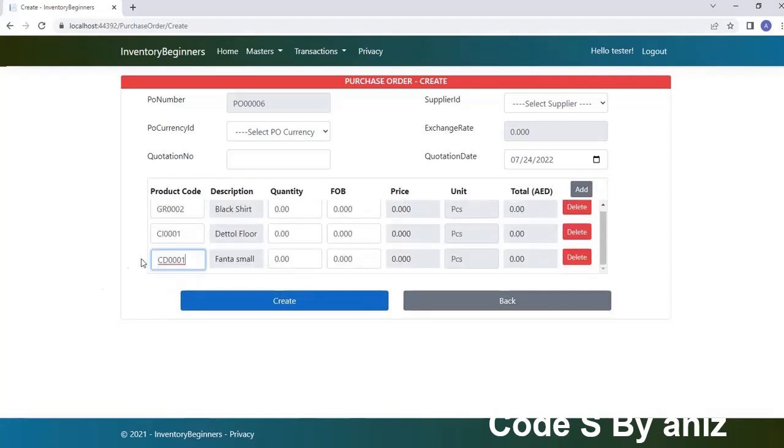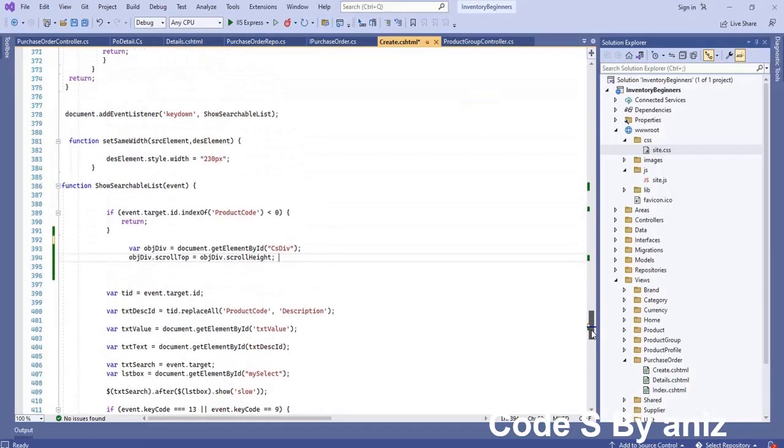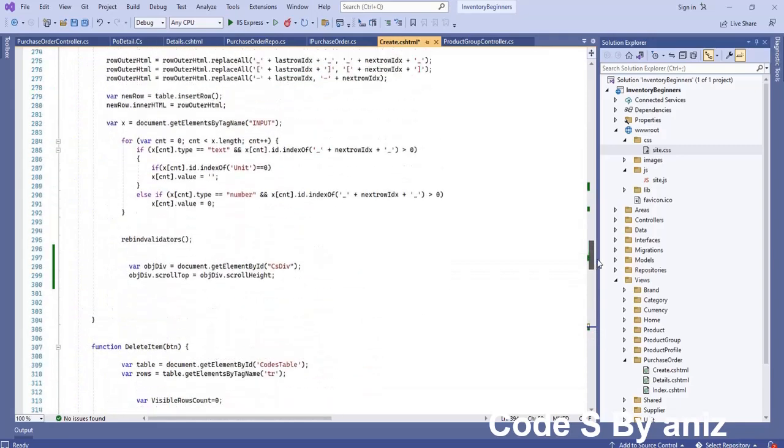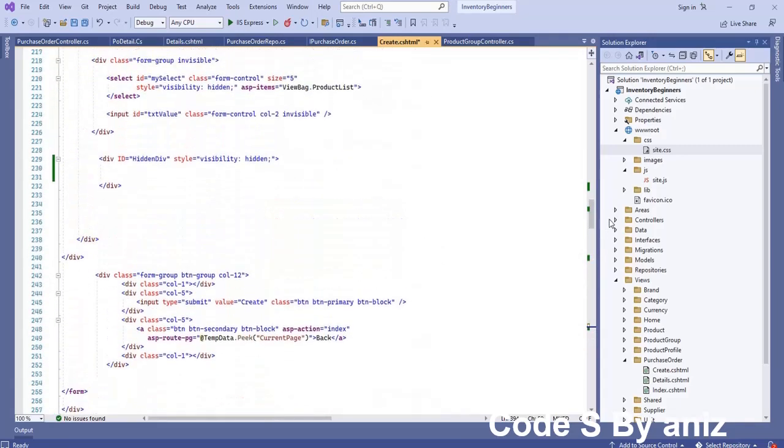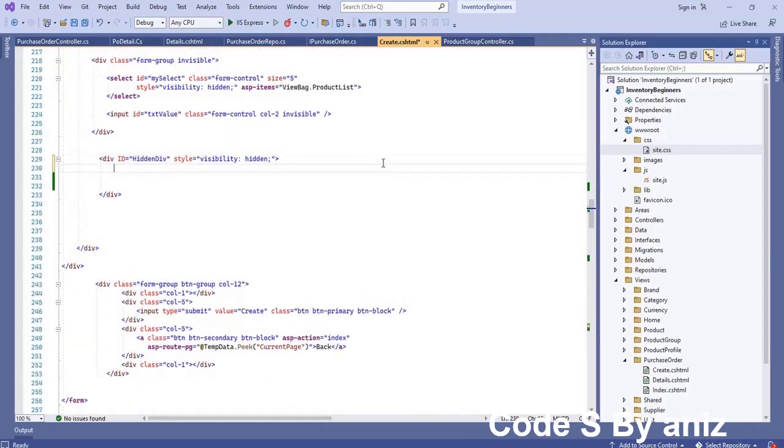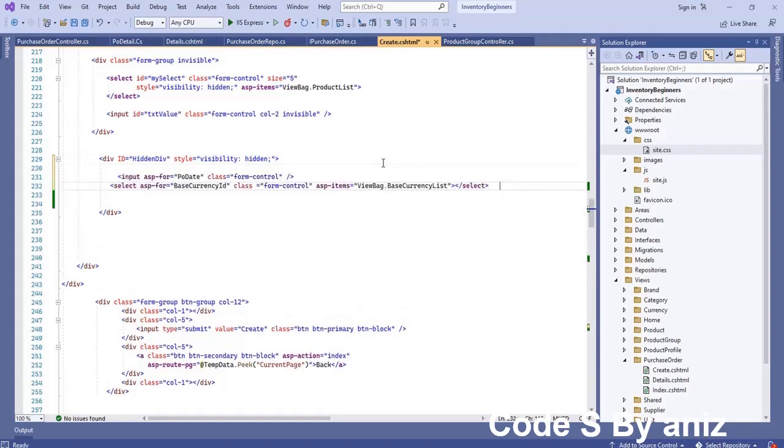But still our job is not completed. After that, move the input control of the PO date field and base currency ID select box to the hidden div so that it will be invisible to the users, but we need the values for PO date and base currency ID, so we hide those from the user but still can save and retrieve those values from the backend